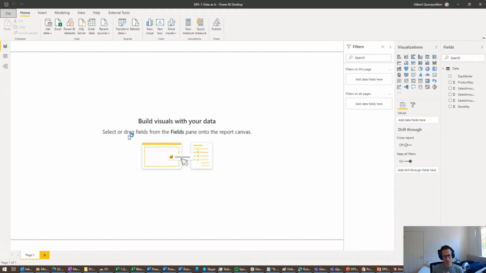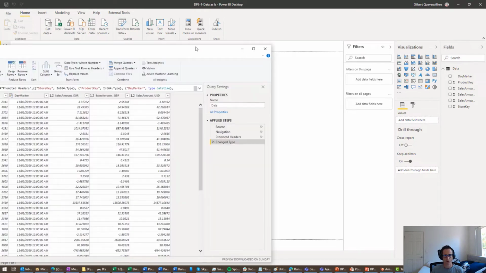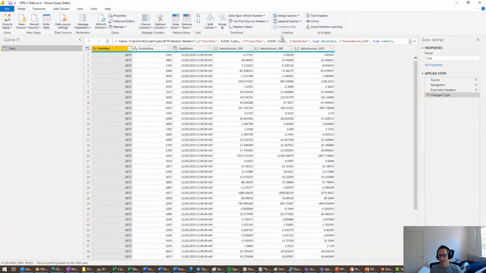There's not much visuals, much DAX involved in this kind of example. So if I now go through to transform data, of course it's going to open up on another screen, but that's alright. Here you can see my sample data. What I have in this sample data is a store key, a product key, the day marker or the date, and sales amounts that are converted to euros,